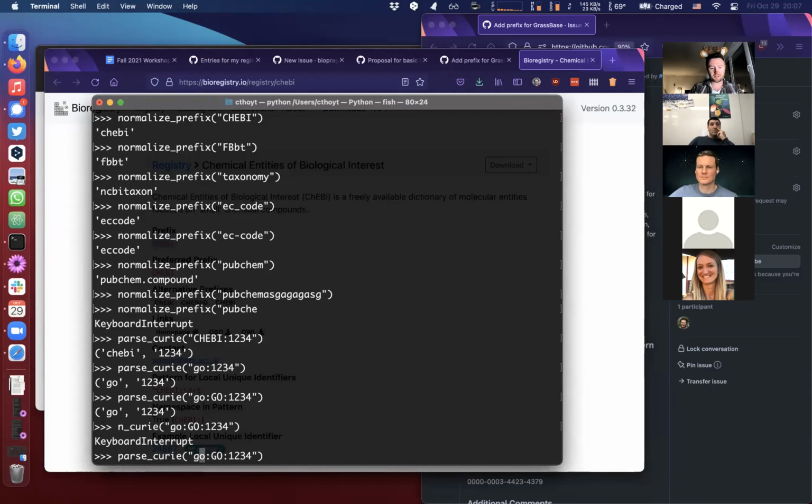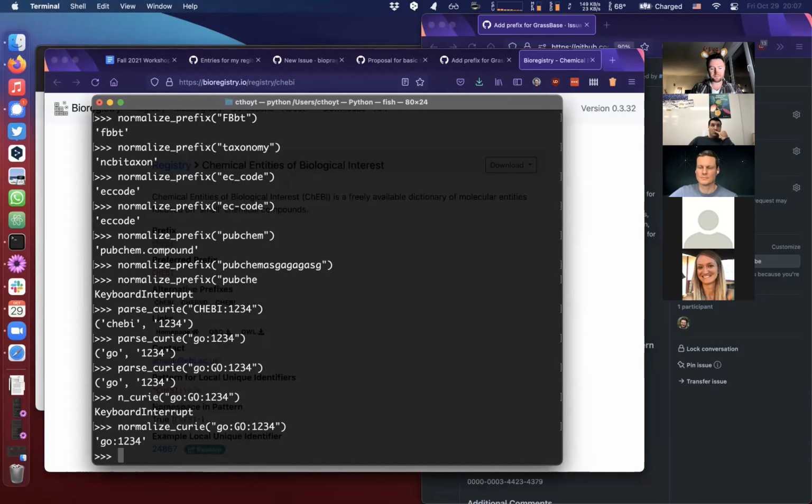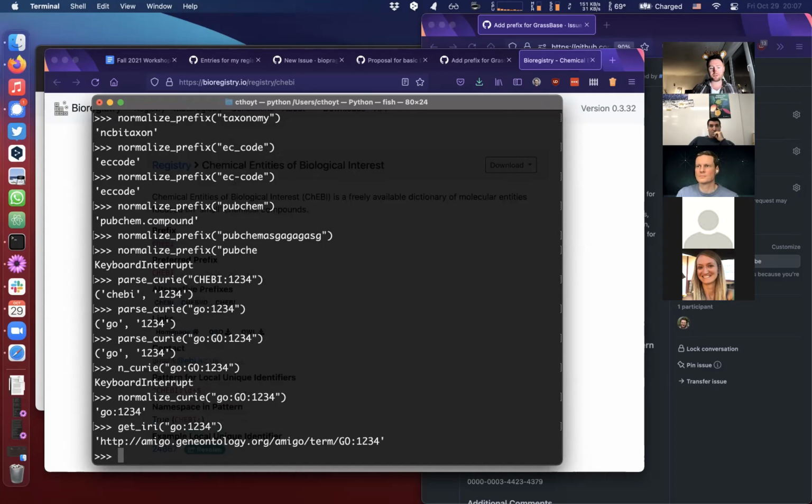So we can parse a query. Let's talk about normalizing a query. It's kind of the same thing. It just parses it and then puts it back together using the delimiter. But I think the more interesting thing is, once you've got one of these canonical bioregistry queries, you want to do something with it. So maybe we want to get an IRI. So we do this with GO 1, 2, 3, 4. Okay, so the first thing is, if you've got one of these, you can generate the GO link, but sometimes you want to generate Obo Foundry links. So you should be able to give a priority and say,